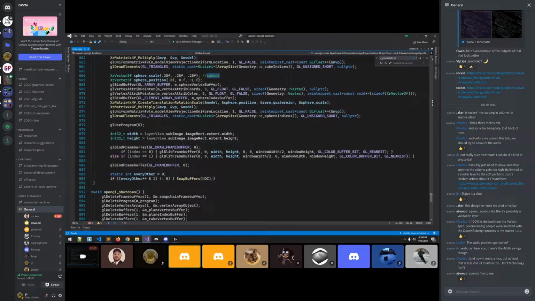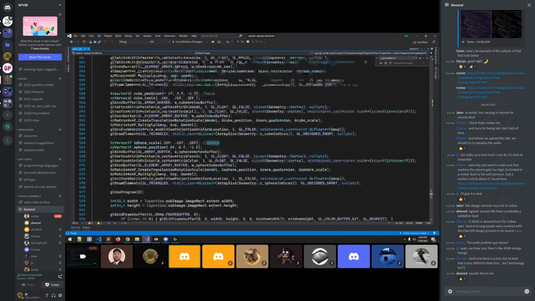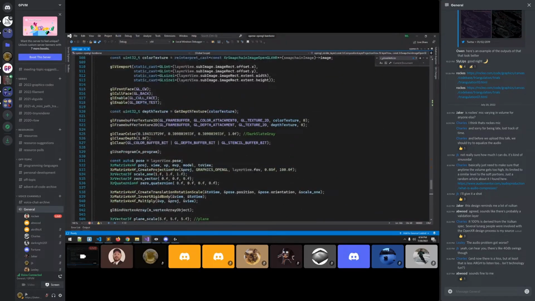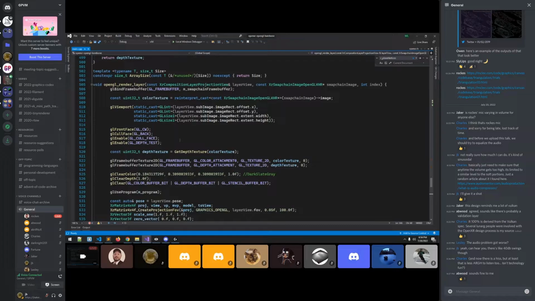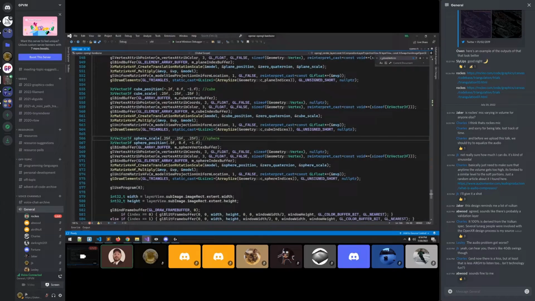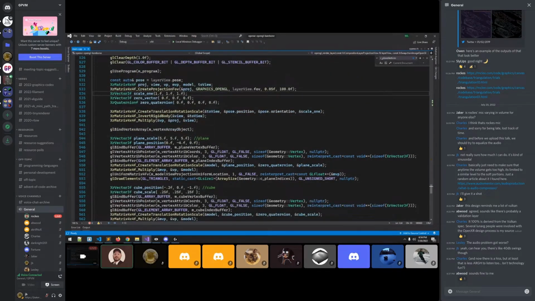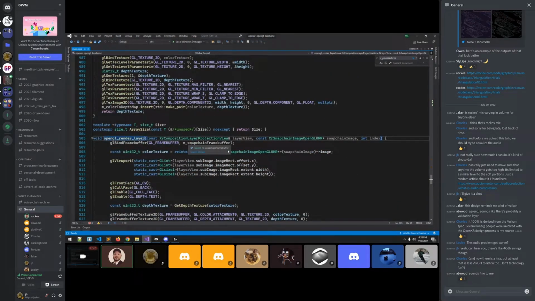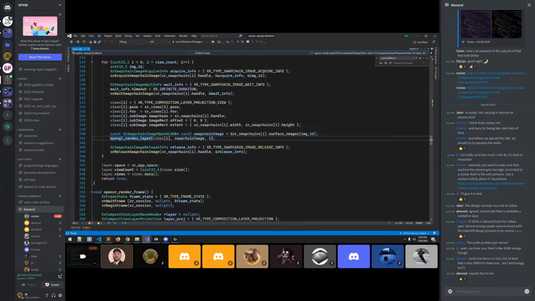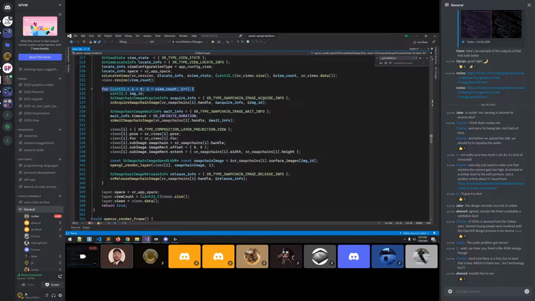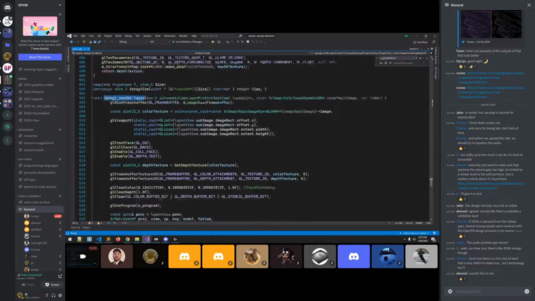So input to this method, I guess it's telling you which eye you're rendering. Yeah, exactly. So for a swap chain, you have an image for each eye, and it just loops through each one of those swap chain images. And I think it needs to be double buffered for each eye as well. That's why it looks like it's a double loop. It's a loop within a loop. So you got this outer loop here for each eye for OpenXR. But then once you get into the rendering layer, you also